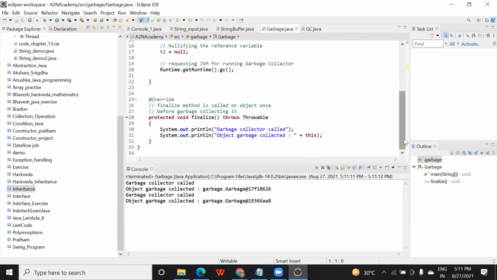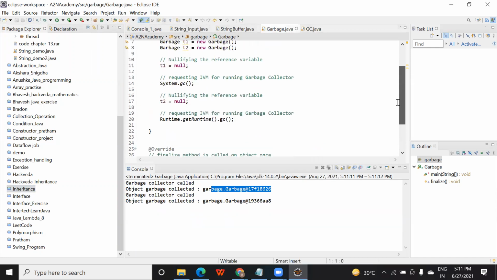You can see here: garbage collector called, object garbage collected, and Garbage@ something. This means they have called this and have collected this garbage. This means the current class object.